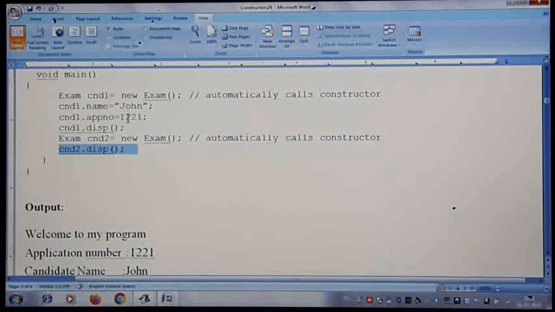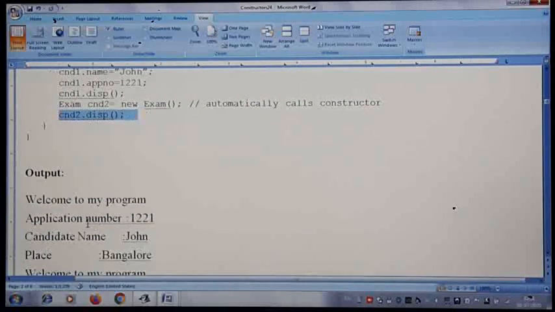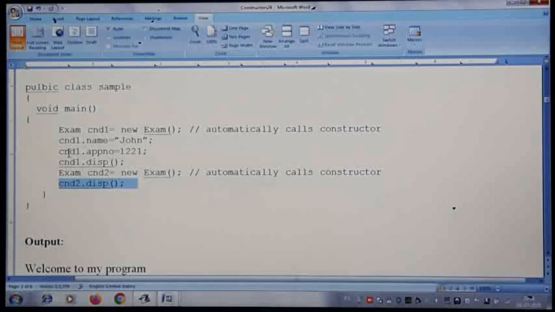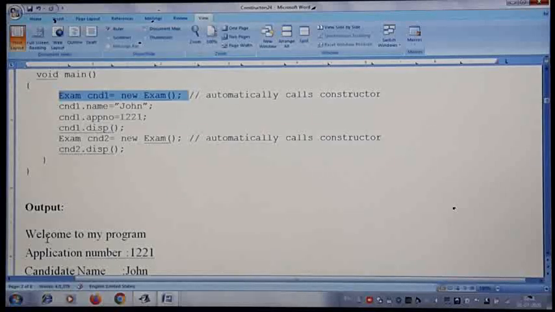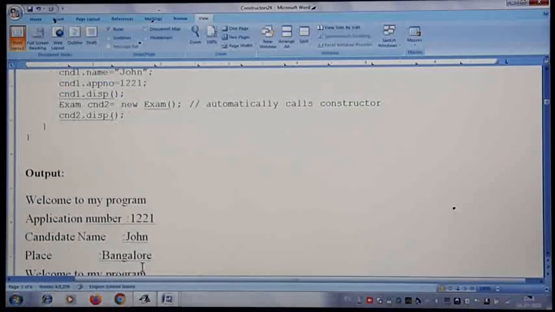When you execute, this is the output you get. For the first object you get "welcome to my program". This statement is given in the constructor. Nowhere are we calling the constructor explicitly; the moment you create an object, it calls the constructor, and since this statement is there, we got this output. Then we call the display method, which shows the application number, candidate name and place for the first object.